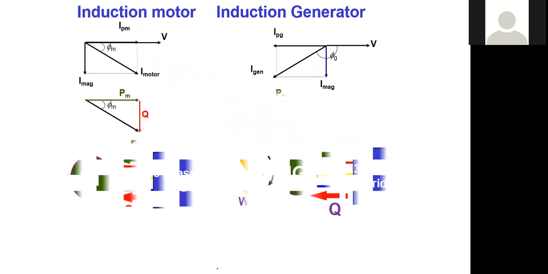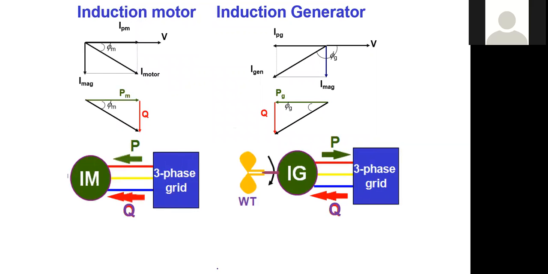So we want to see how the induction motor and the induction generator are operated. So let us consider the induction motor connected with the infinite bus bar, and the induction generator connected with the infinite bus bar. So let us consider the phasor diagram. We use the reference phasor. So this is the real component of the current, in phase with the voltage, and the reactive component of the current is represented here.